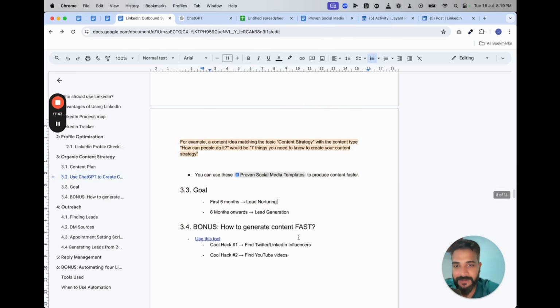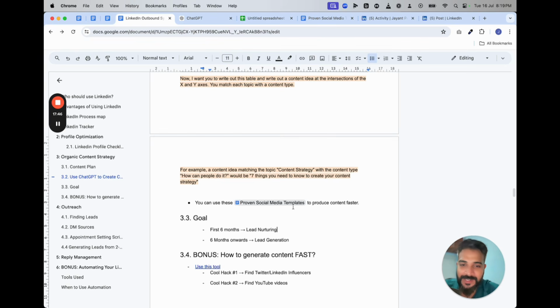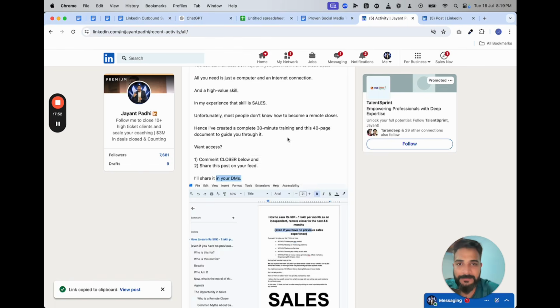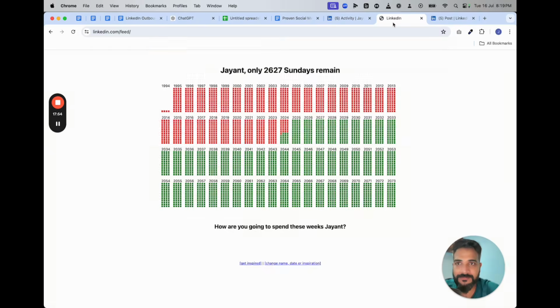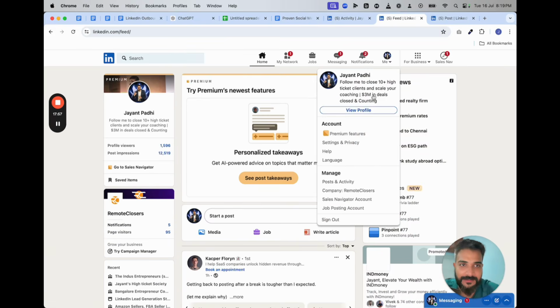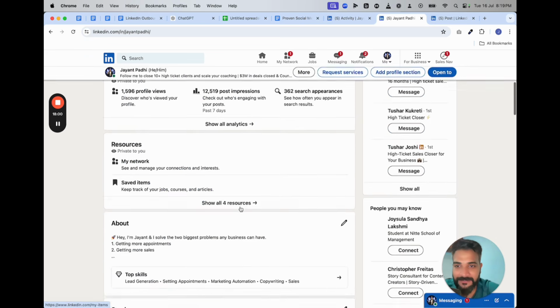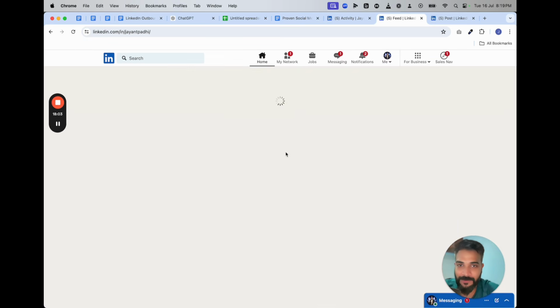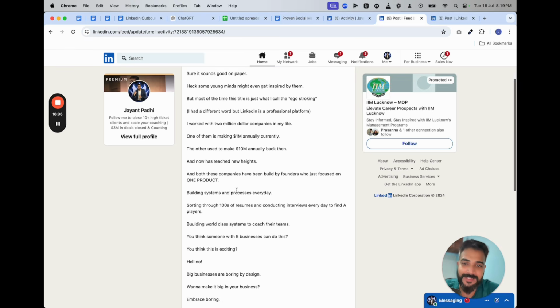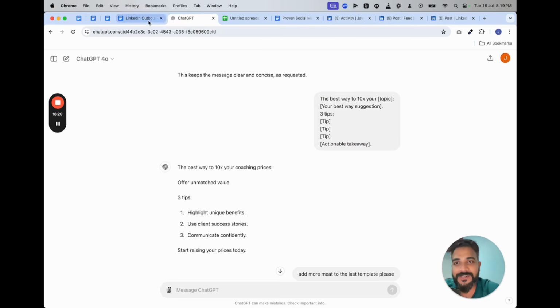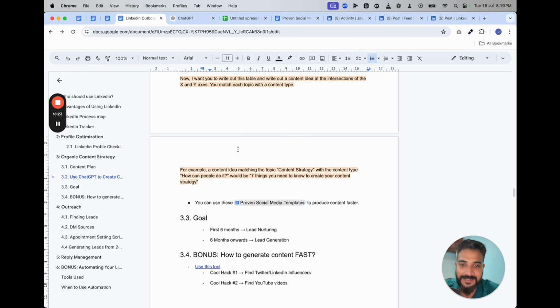And another thing that I wanted to share is that no matter how many templates you use, nothing will beat the depth of knowledge that you have. For example, no one will ever beat the depth of knowledge that I have when it comes to creating good products, because I have been doing that all my life, or sales, I have been doing that a lot of my life. This is the whole knowledge that I have gathered after working with so many companies, that you need to have focus on one product if you really want to make a big company. This is an insight that I cannot templatize. It comes out of your own expertise. So if you're starting from blank paper, then these templates can help.